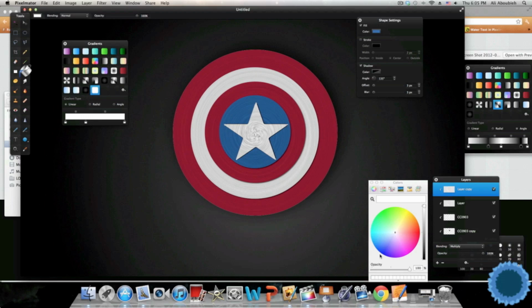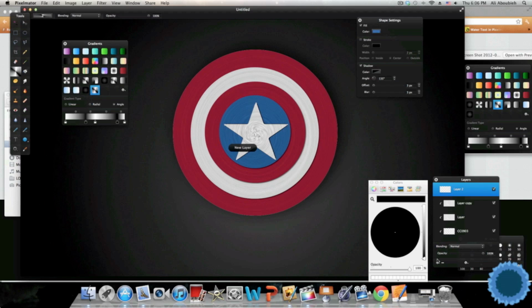That much space, and this has to be that shade of gray, and then that much space away you make this white, and then that much space away, a bit more, you make this black, and then you click angle and you go to the gradients tool and you create a new layer,